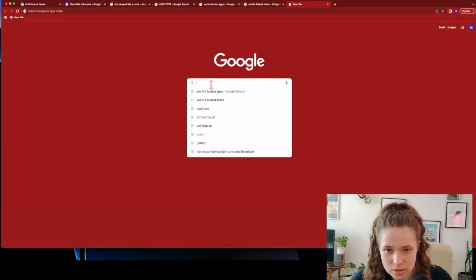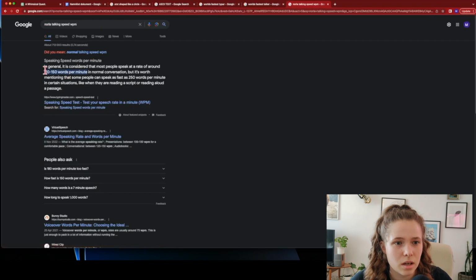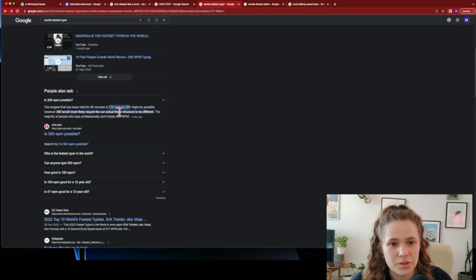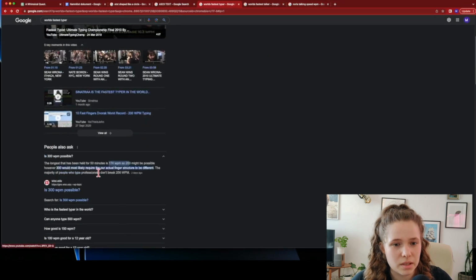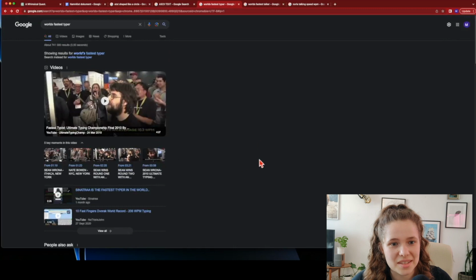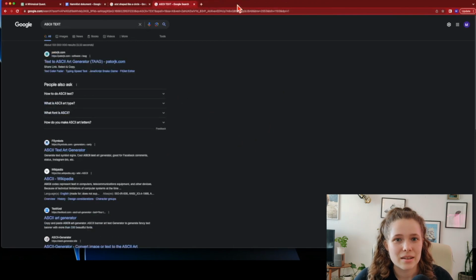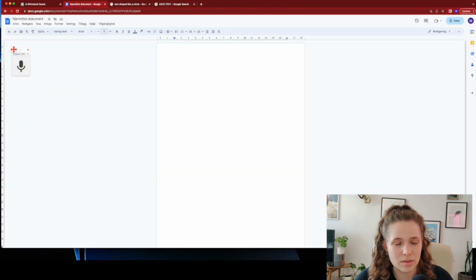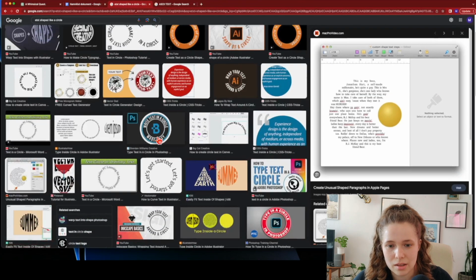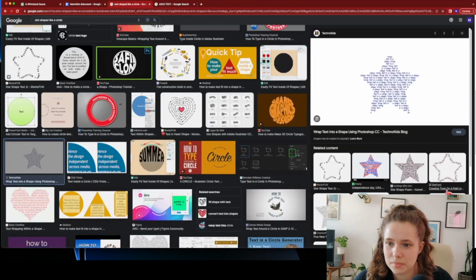Okay, let's actually just look that up too. 100 to 150 words per minute. So a normal talking speed is almost just as fast as the fastest human typer ever. So that's pretty cool. That means my intuition was correct: when I don't type and I just say what I wanted to type, it's going to be way faster than if I were to type it.